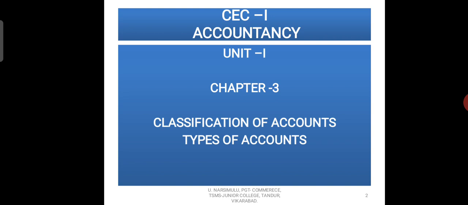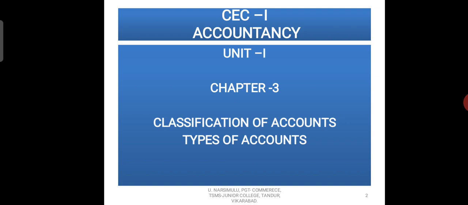Dear students, it is a very important video for you, because if you understand the types of accounts and their principles, then only you will be able to understand the entire accounting system. If you fail to understand the types of accounts and their debit and credit rules, you won't understand the accounting procedure. So you need to pay a lot of attention to the types of accounts and their rules of